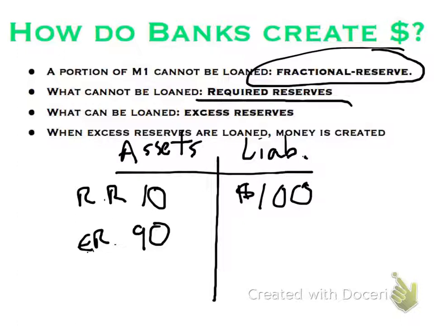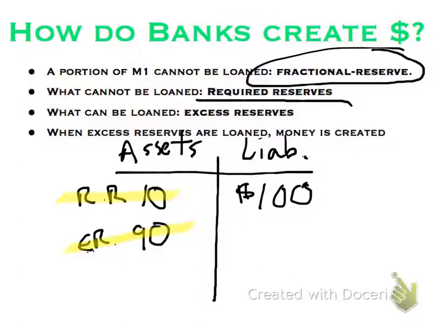In this instance, you can see that the reserve rate is 10%. They had to keep $10 on hand right here when I deposited $100 in the bank. They had to keep 10% of it, but the balance of it, the $90, is the excess reserve. And they can loan that out to the next person that comes in with a need for money for a business idea or a car or a house or whatever it is.